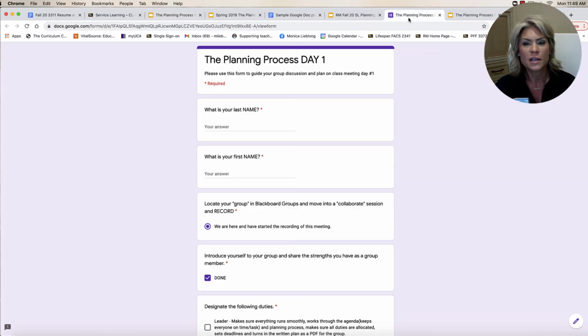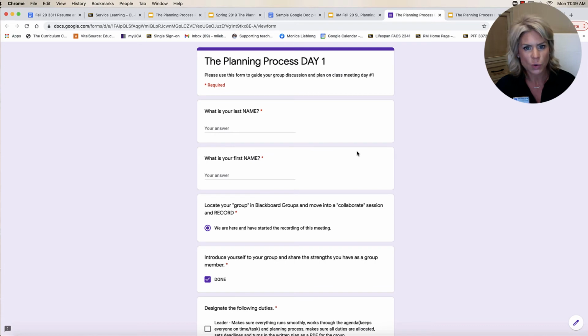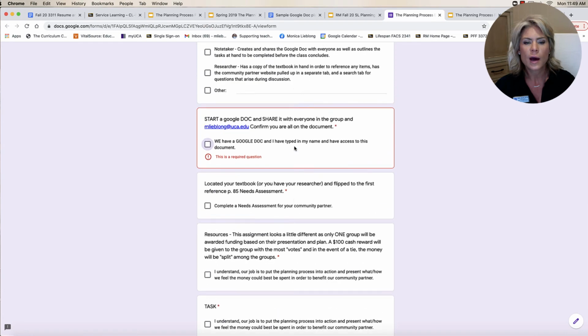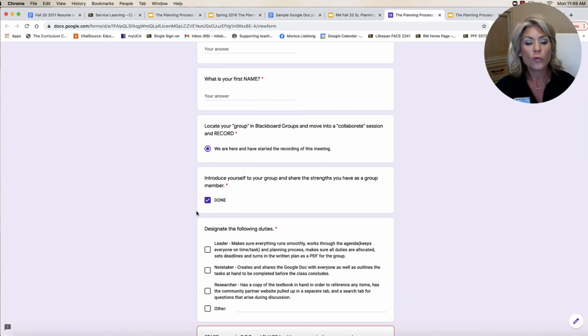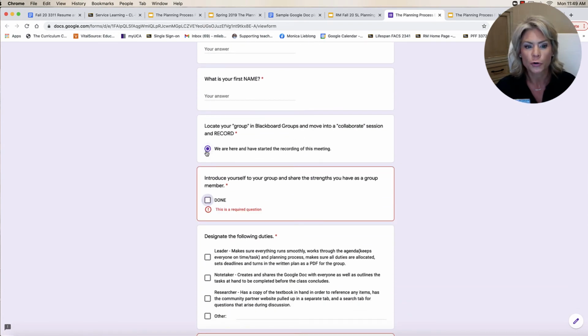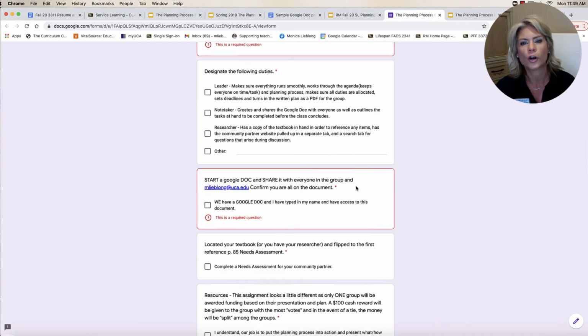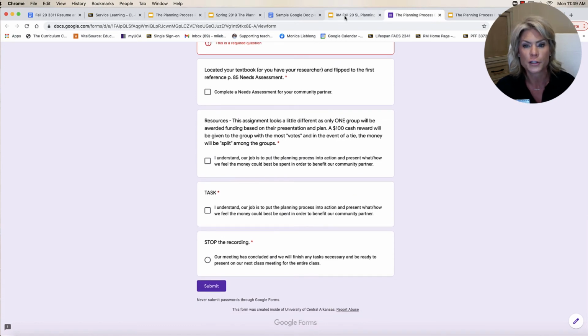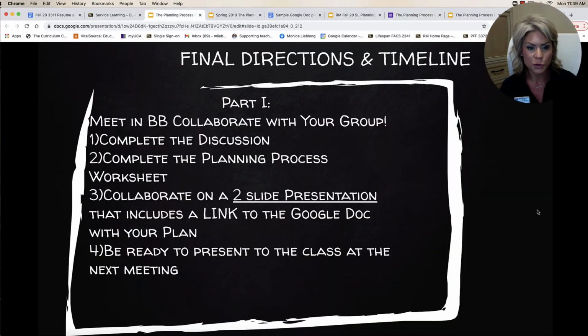Discussion 1 will take you through exactly what you need to be doing within your group. You can see all the questions and prompts at once, and hopefully I'll have this launched before you meet with your group so you can get a good overall understanding and idea of what you'll be doing as soon as class starts on your first meeting day. Complete the discussion with your group, and you'll start a Google Doc, a working document, and this is where you'll have a written or typed out plan. So you'll have a complete plan and 2 slides added to the class presentation.